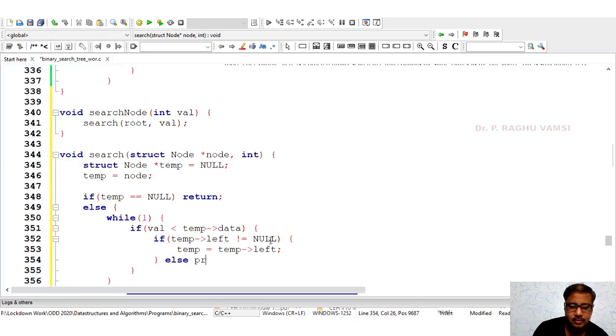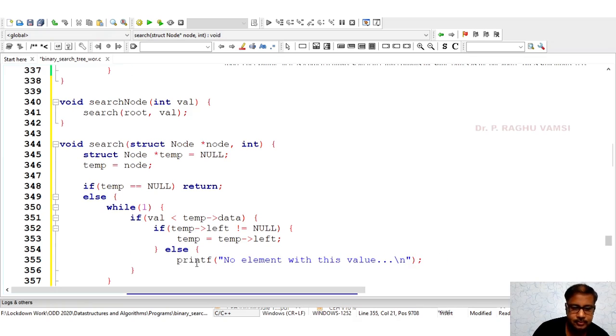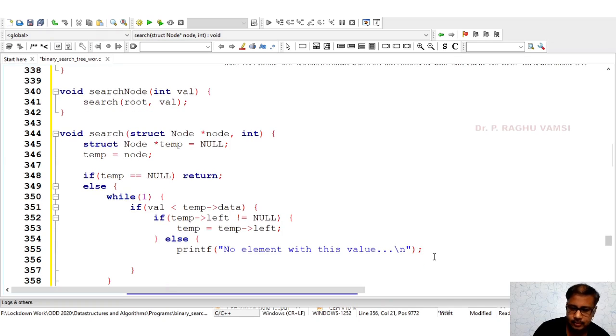Else printf no element with this value. Since there is no element with this value, we need to break the loop.